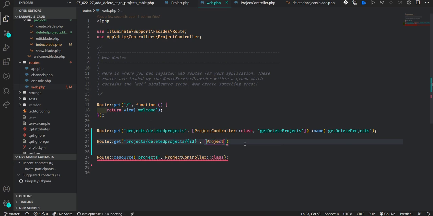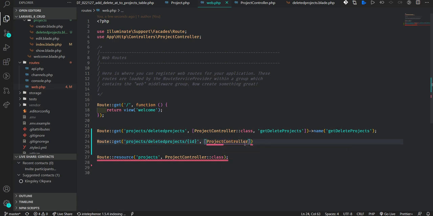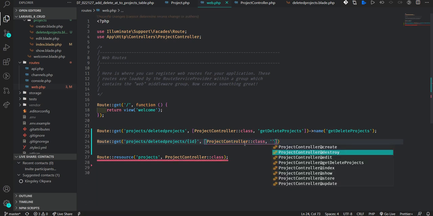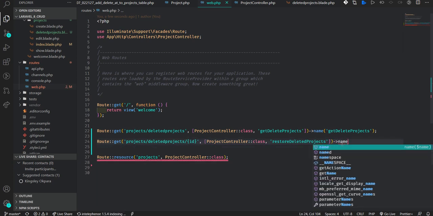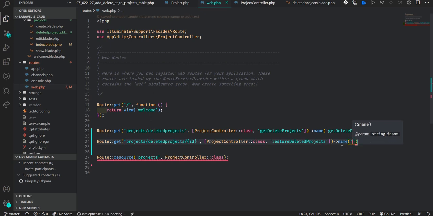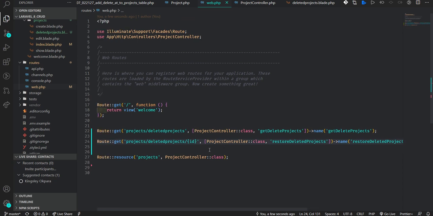So we say this is project controller, and the class, then what is the name of the route. I copy the name of that route that I created there. This is restore deleted. Now I give it a name, restore deleted, and paste this. So having that, we have created that.